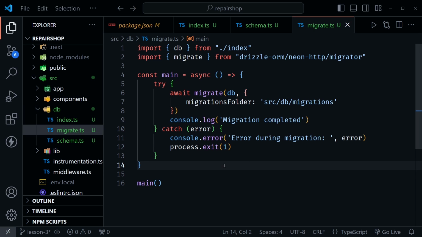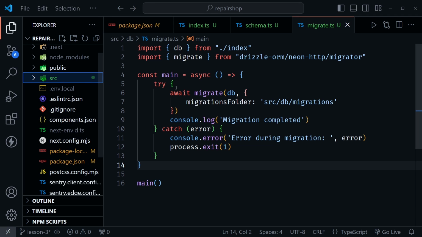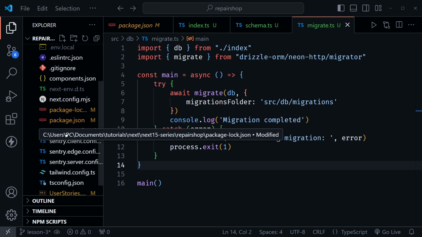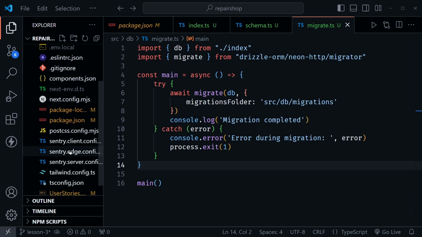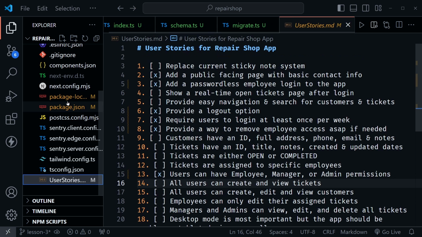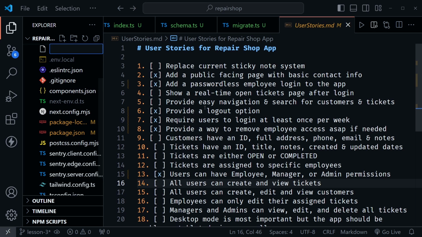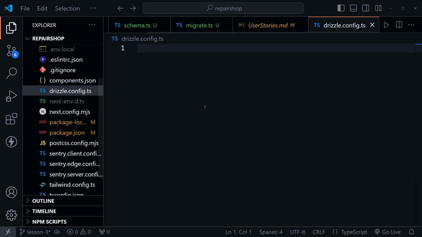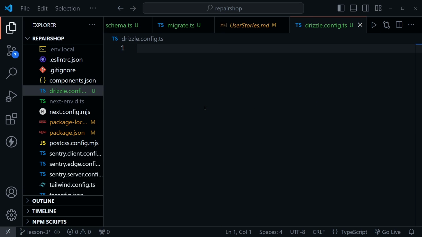There's one more key file that we need to complete before we can do anything with Drizzle, and that goes in our root here, the same level that we would have our Next.js config, our TS config, our user stories. So I'm just going to click on user stories, then click new file. And this needs to be called drizzle.config.ts. And that's a very specific name that Drizzle will look for. So make sure you name it that exact name,